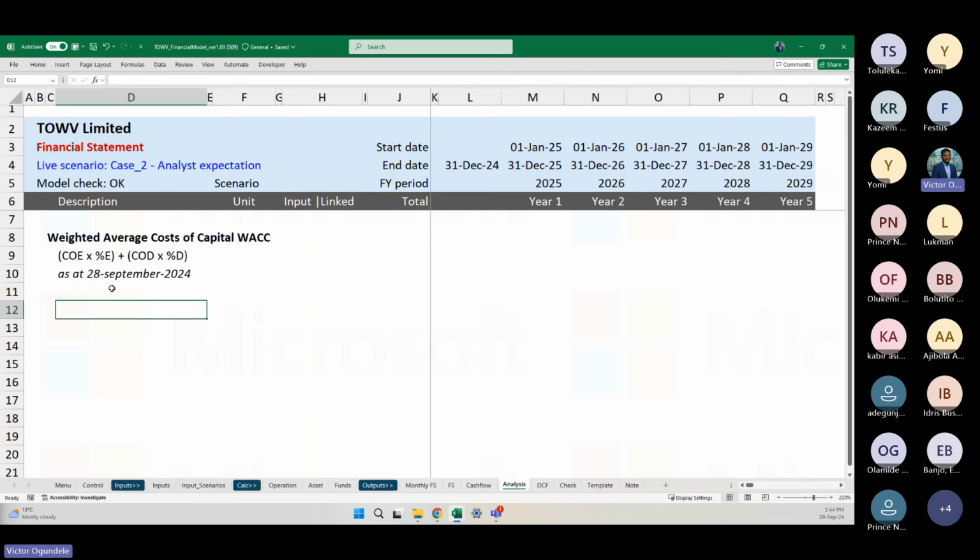Now you need to weigh to be able to get your actual WACC that you will use. But for this one, the business is operating in the US, definitely generating cash in the US, and the cash flow forecast is also in what? In US. So the first thing we need to do, that means we are going to use our normal local WACC. So we need to start with what we call the synthetic